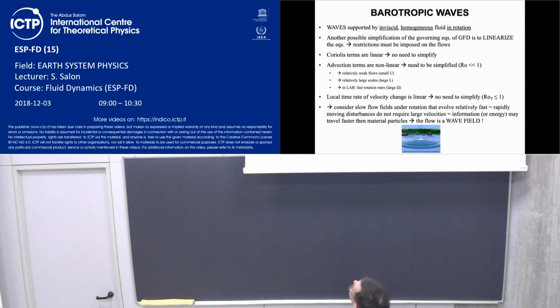So why waves? Because as said on Friday, we can consider this solution when we linearize our equation. So when we linearize the equation, we put some restriction in the equations, and putting some restriction, we hope to have an easy solution to be considered. In particular, we analyzed each of the terms of our system, and since our hope is to linearize, linearize means that all the things that